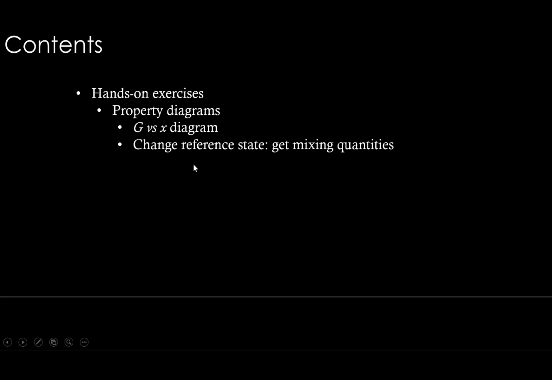And you have done several exercises already. We have seen in the physical metallurgy and thermodynamics connection, applying thermodynamics to materials part, where we have seen how Gibbs energy composition diagrams underpin the phase diagram. So here we will calculate phase diagrams, we will calculate G versus X diagrams and see how they connect one to one, and we will see how to use certain features in the software to do this. Okay, so changing reference state is one by which we can get several things. One thing that we can get from that is mixing quantities. We will see how to get that.